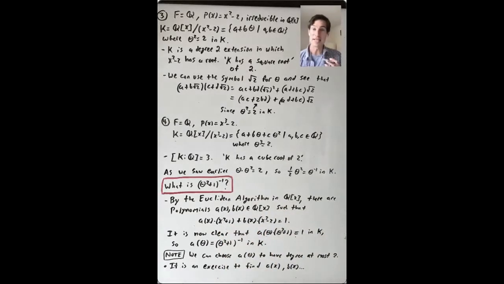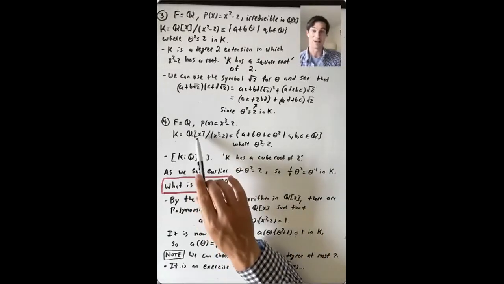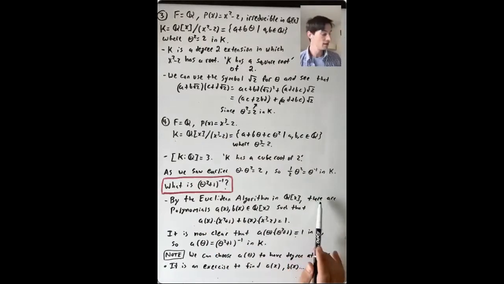So here's the big idea. By the Euclidean algorithm in Q[x], right here, K is defined as this quotient of Q[x]. There are polynomials a of x and b of x in Q[x] such that a of x times x squared plus 1 plus b of x times x cubed minus 2 equals 1. Why is that true? Because the GCD of these two polynomials, x squared plus 1 and x cubed minus 2, is 1. All right, so now it's clear that if you take the quotient by the ideal generated by x cubed minus 2, this term goes away